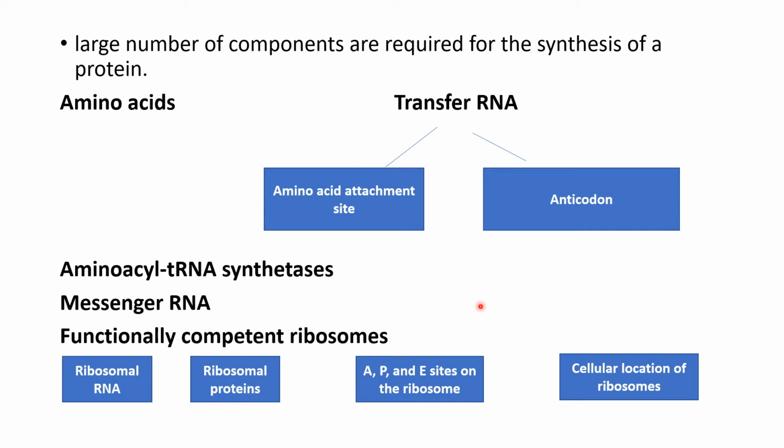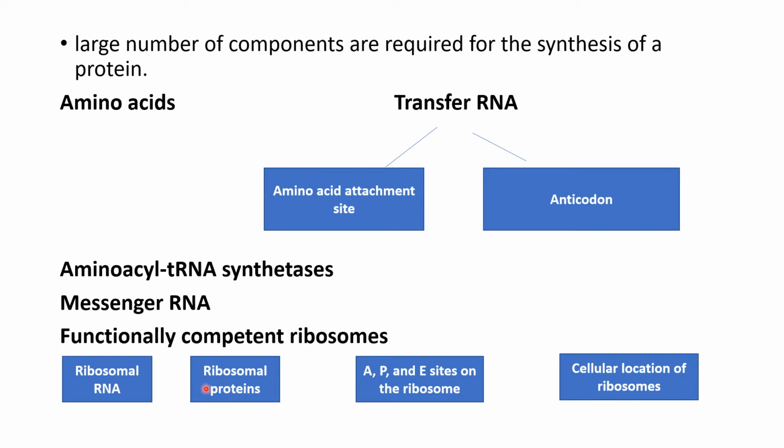Here, the functional components of ribosomes must be present during the translational process. Ribosomes are the translating machines. These ribosomes comprise two subunits, one larger and the other smaller. These ribosomes also contain ribosomal RNA, which is associated with ribosomal proteins to form a complex known as the ribonucleoprotein complex.